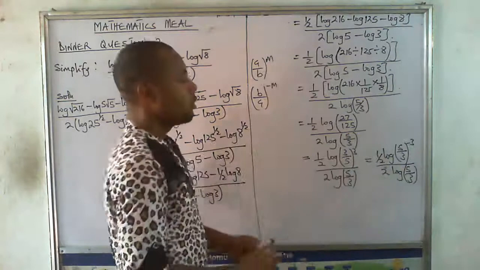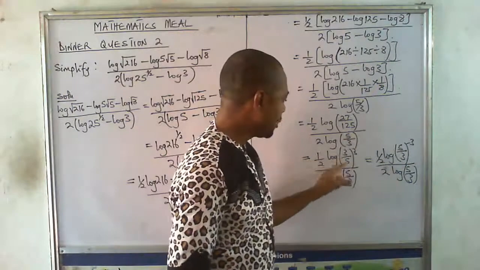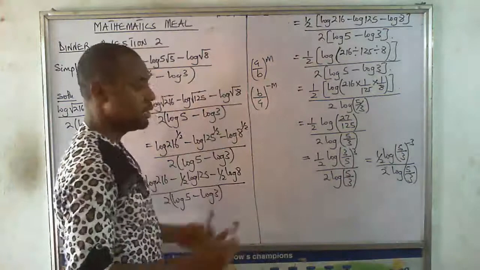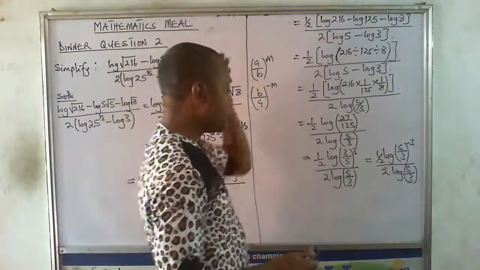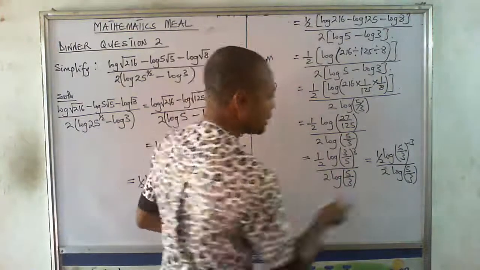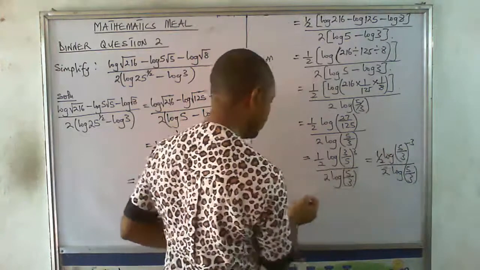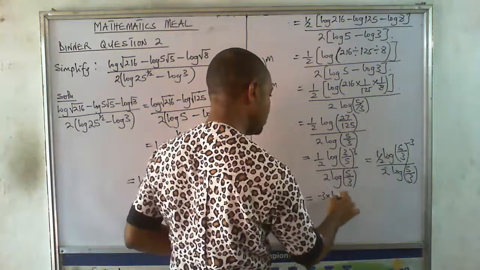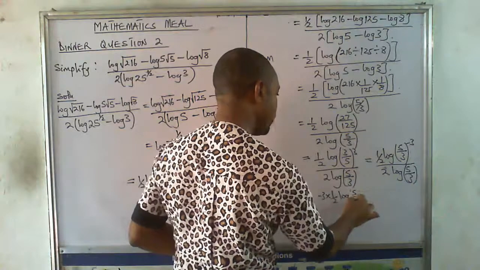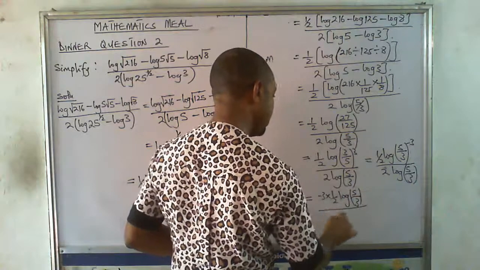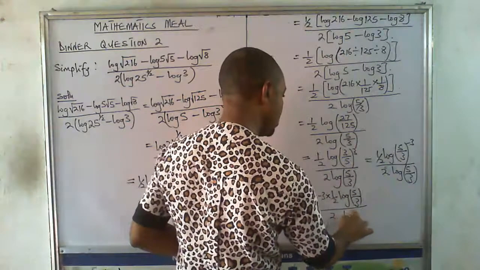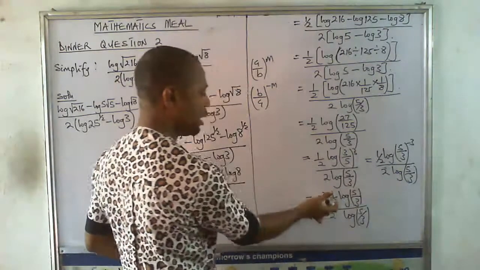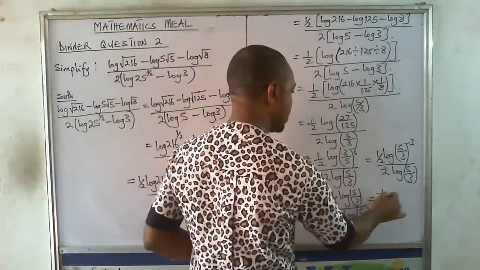You see that? Why did I introduce the negative sign? Because I inverted this fraction. I turned it upside down, following this rule in indices. So we can now solve this problem by taking away this here. We're going to have minus 3 times 1 over 2 log 5 over 3, divided by 2 log 5 over 3. And when this divides this, we are left with minus 3 over 2